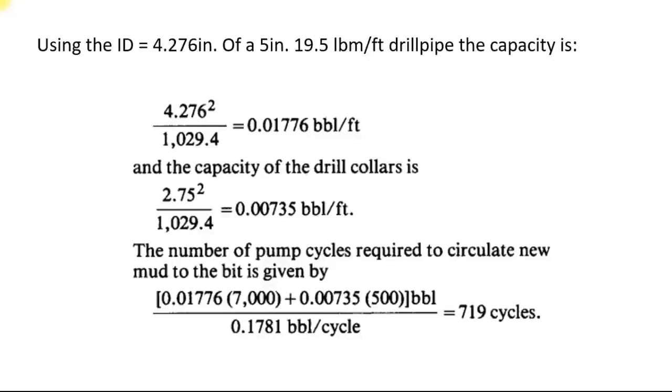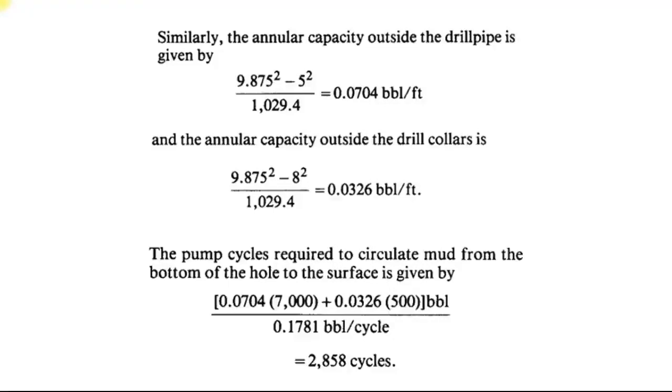So let's proceed and find similarly the annular capacity outside the drill pipe. In this case, we have to consider all the mud in the annulus, not inside the pipe but outside the pipe. In that case, to find the capacity, we have to consider both OD and ID. So this is basically the ID of the borehole minus the OD of the pipe. This will give us the capacity for the drill pipe section of the